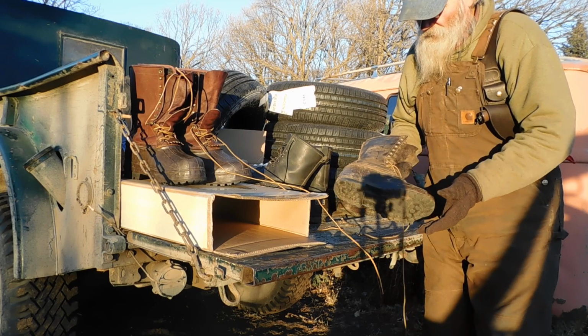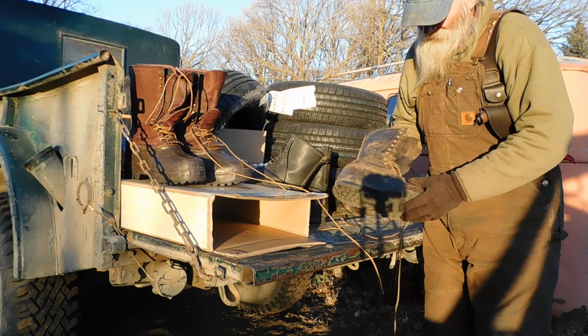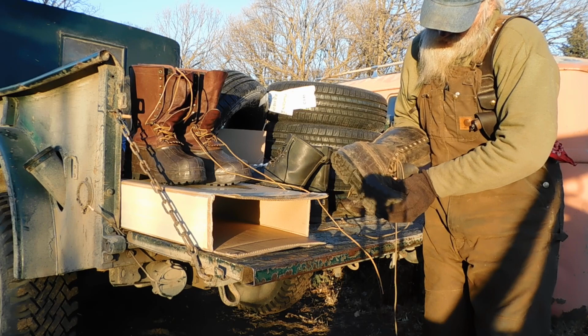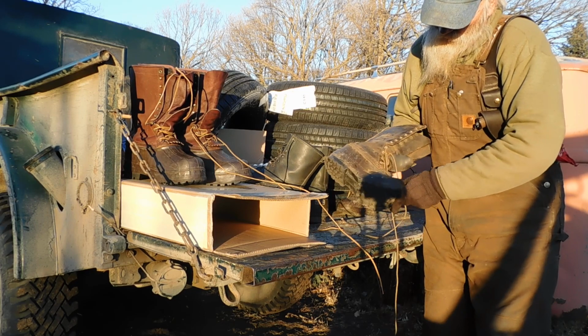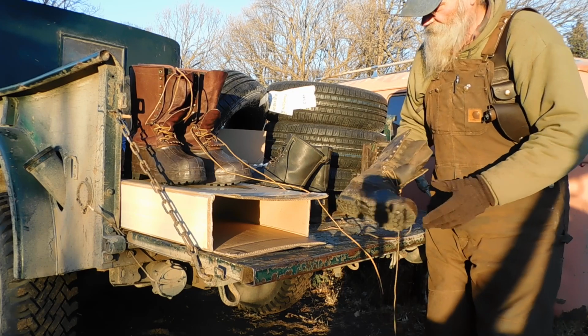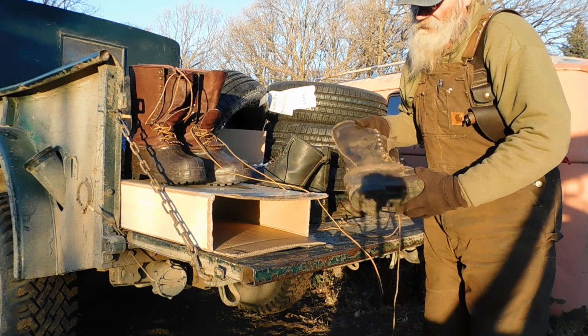So that's what I'll do with these, but I didn't want to do it now, so I used some of that shoe glue and put a patch on the inside, and that's held up. They haven't failed, but they're old. They were used when I got them, but they were in good shape. But now I can send these in,